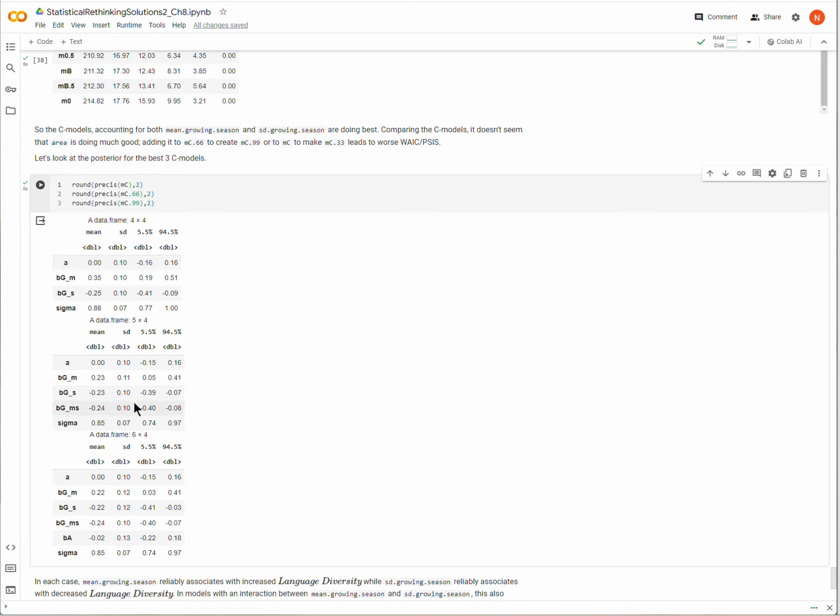And then we also see, so remember MC66 did the best, that's this model right here. We see that the interaction is reliably negative, for both models that have the interaction.